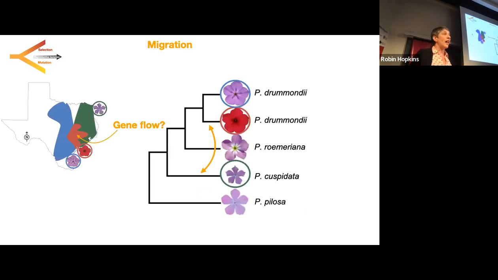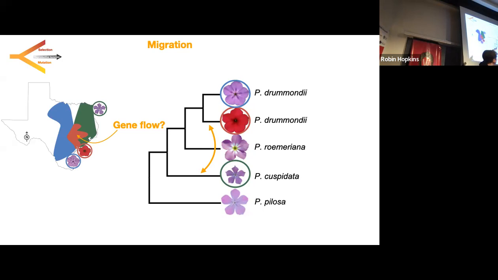So we're going to take a sort of phylogenomic perspective. Here is a schematic of a phylogeny, with no details. At the top, you see Drummondii, light blue. Sister to it is actually another species that grows in Texas, Phlox mariana. And then out from that is this cuspidata species that we've been interested in. Out from that is another species that doesn't grow in Texas, Phlox pilosa.